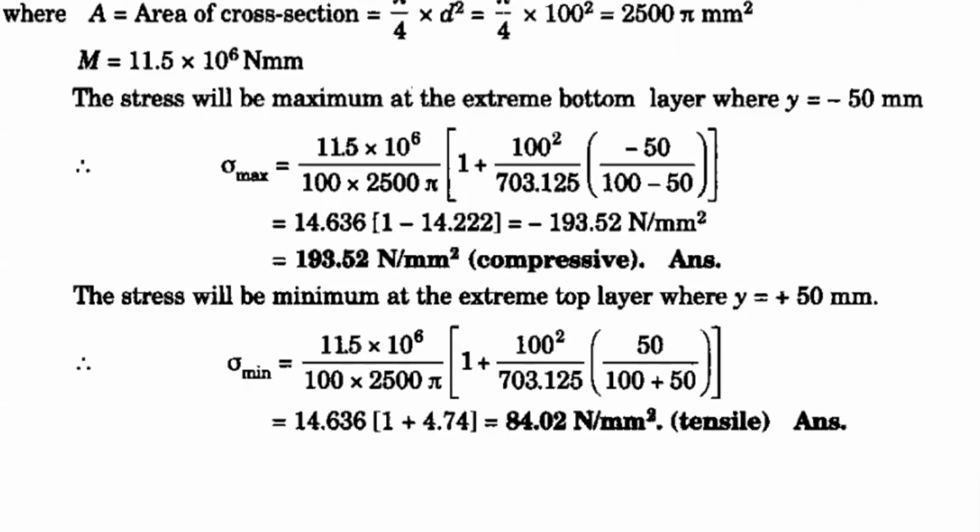So maximum and minimum values are the only things required for calculating, not only for standard cross sections, but for whatever problems in curved beams, you have to follow this approach only. The entire set of problems follows this approach. There is no deviation in this approach. Just a copy paste approach. Please observe how simple it is. You can easily gain 14 marks, rather than learning by using data books and selecting values from the data book, right?